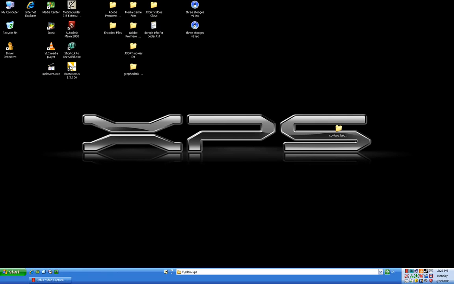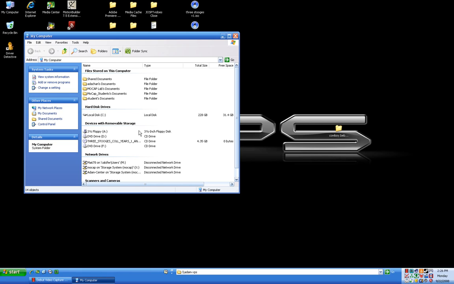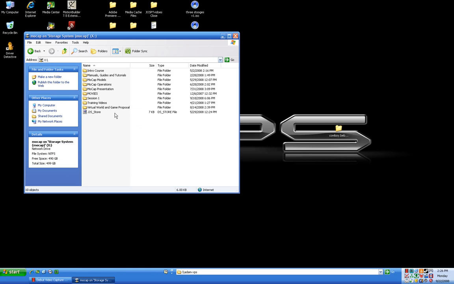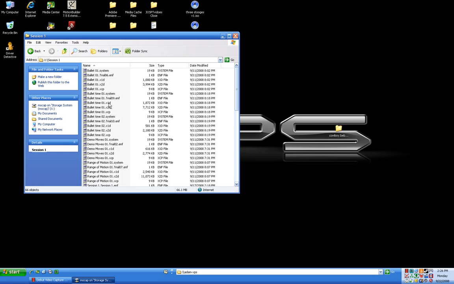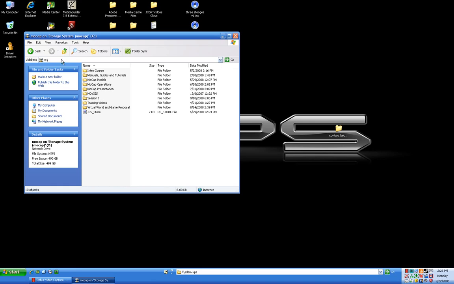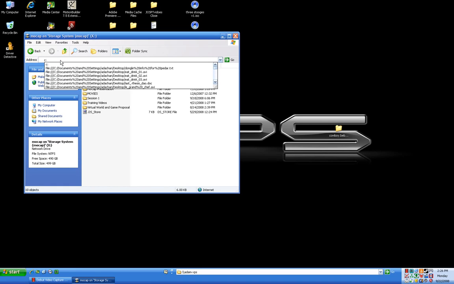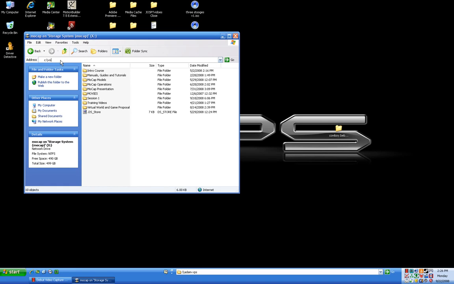So first thing we do is we need to copy some data from the server, which is going to be the X drive. And we will see on here that we have our session 1 data, which I put in here. Okay, so on this computer, I believe I already have this on C Vicon,